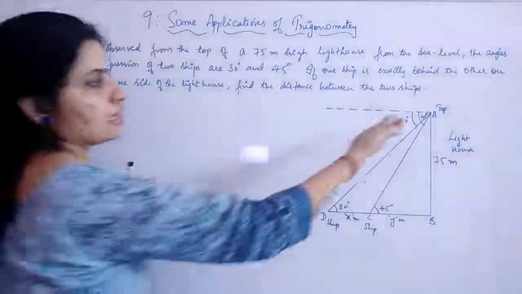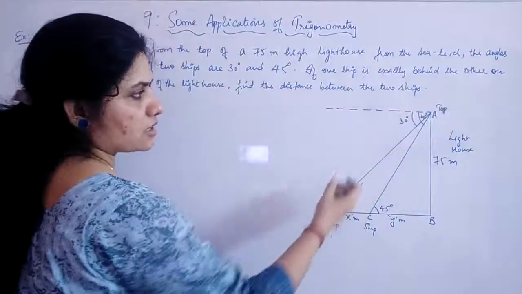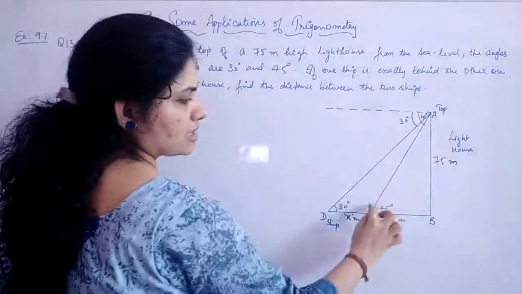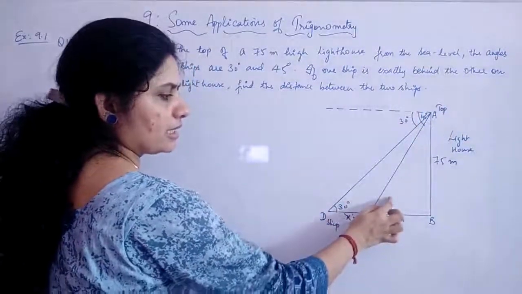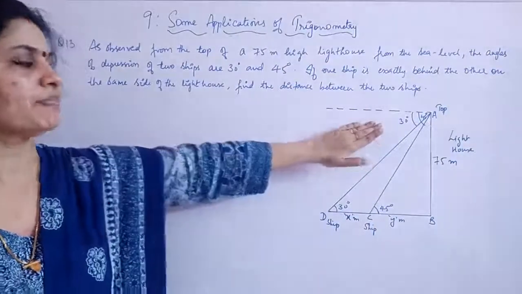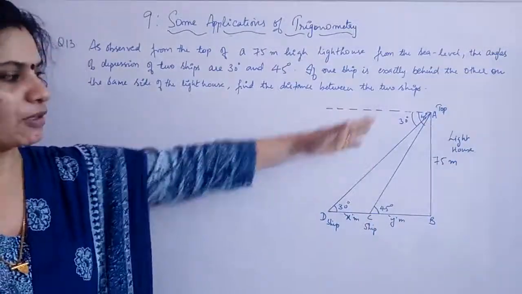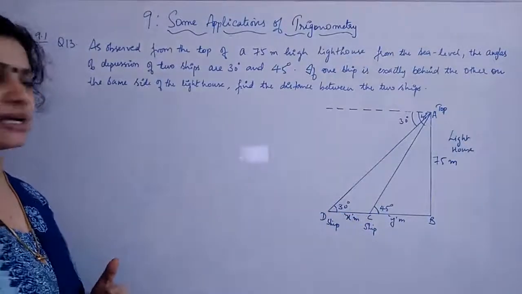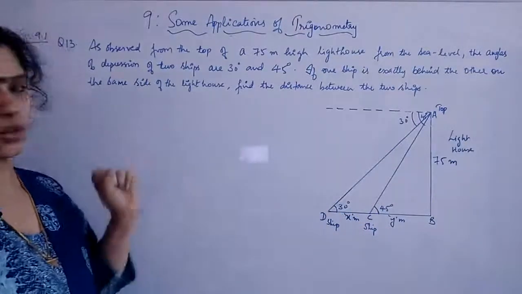Now again this line is acting as a transversal, therefore if this is 30, this is also 30, and again this is 45 means this is 45. That's how we are getting this 30 degree and 45 degree. Actually the given thing is the angle of depression here, but because of the transversal we will get it like this. Then only we can form that right angle triangle and get the values which are required here, okay.